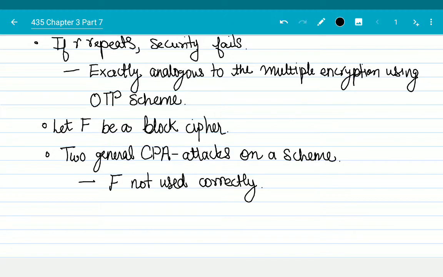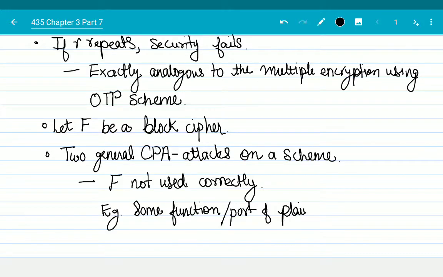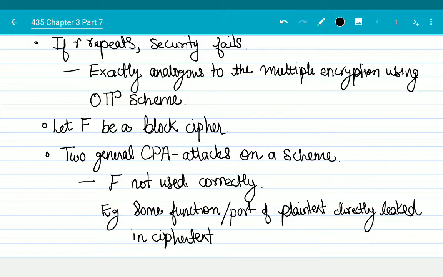For example, some function or part of plain text directly leaked in ciphertext, or